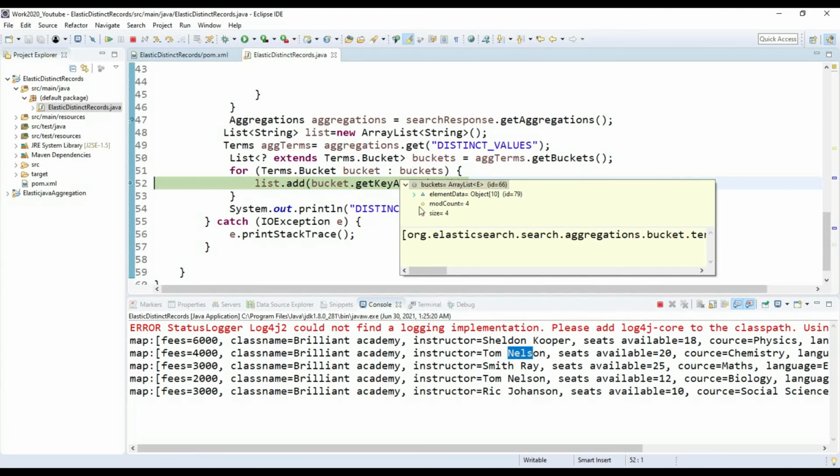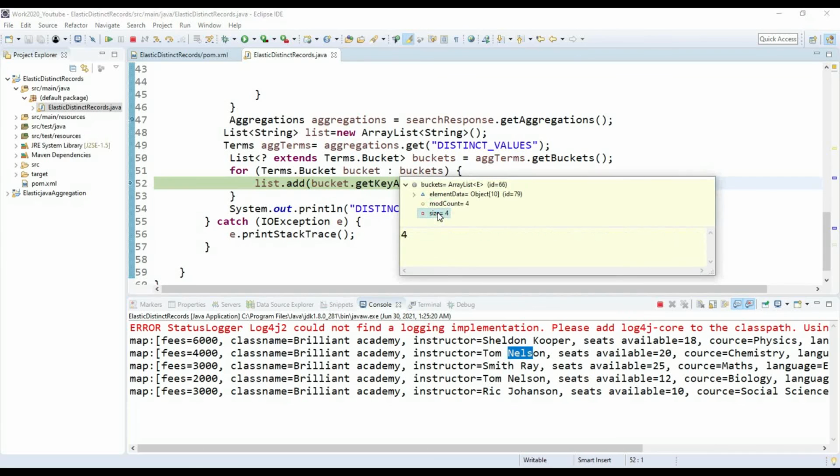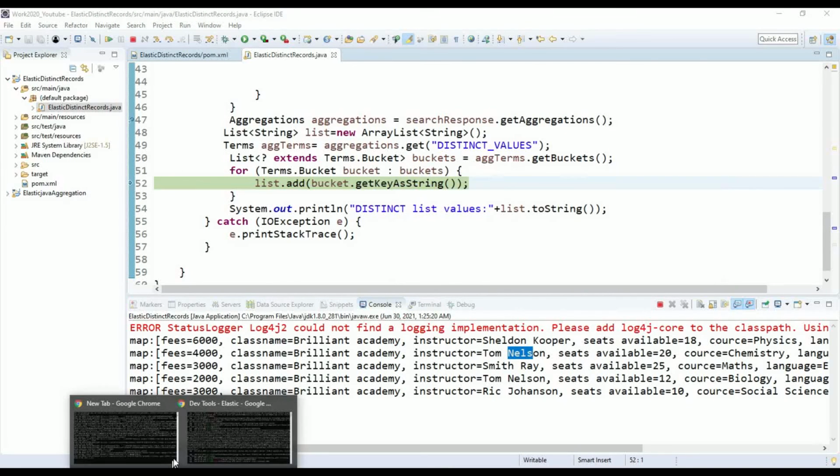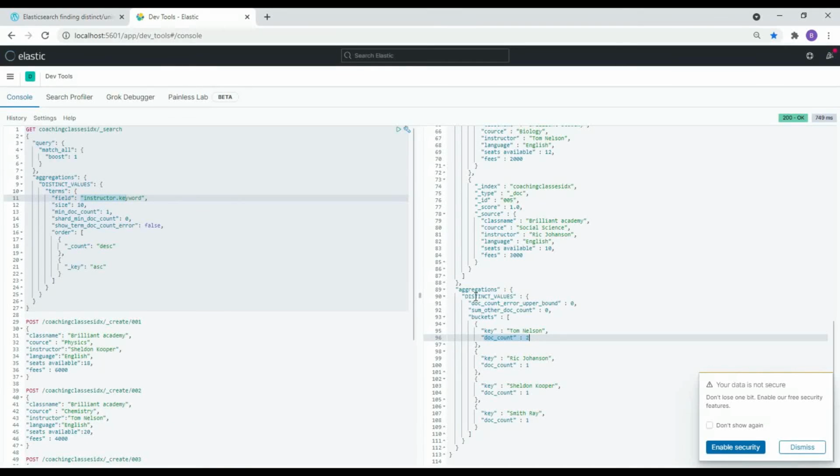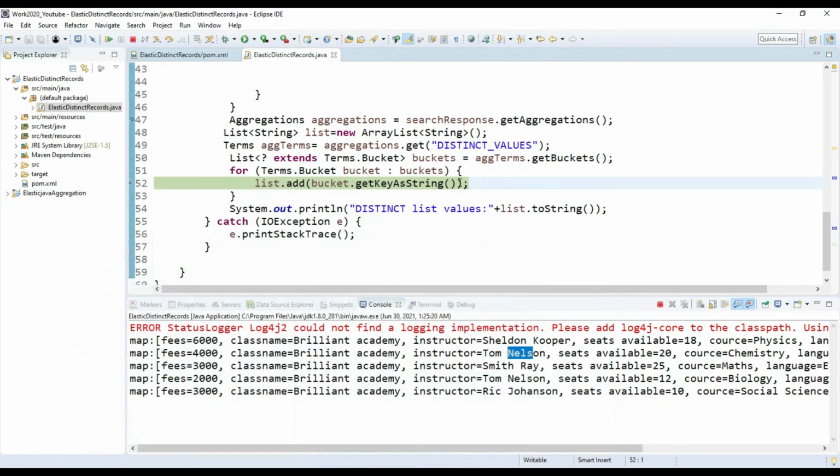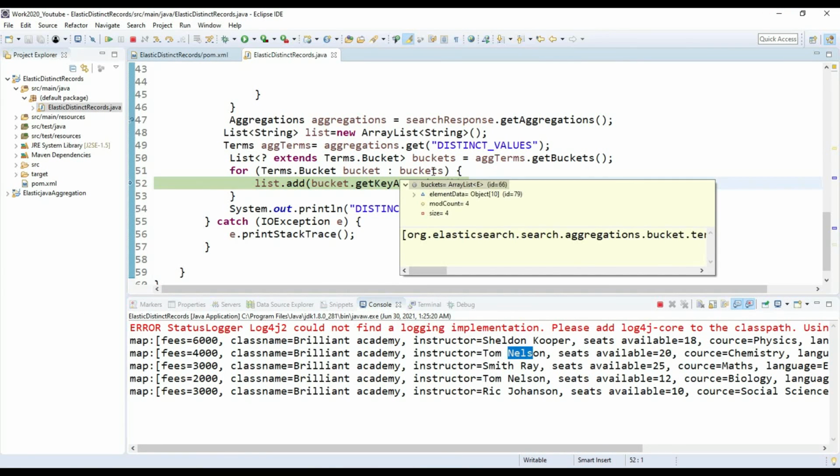Here the size is 4, means this data set is being converted into Java objects. These are buckets. So now it got 4 unique values, so its size is 4.